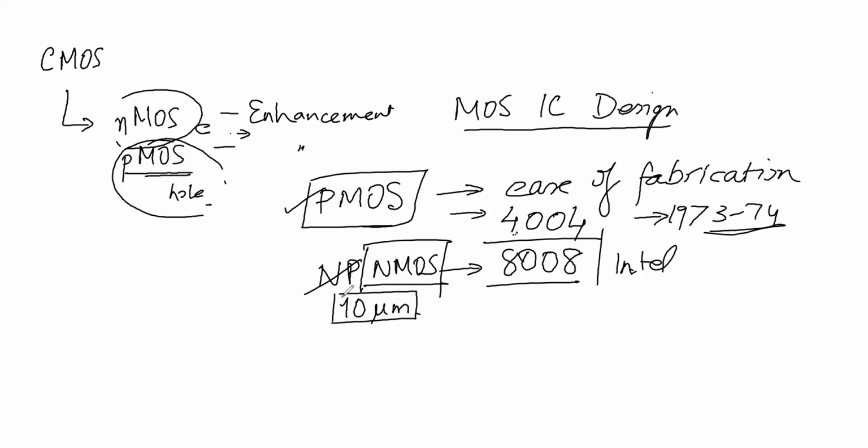Okay, remember what was the technology? 10 micrometer, that means the gate channel length was 10 micrometer. Any line which was drawn on IC was at least 10 micrometer. Nothing was less than 10 micrometer on chip. Okay, it was in the 80s, early 80s, I believe